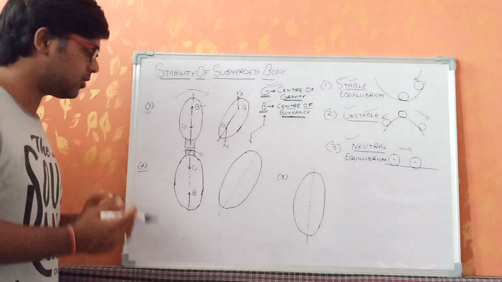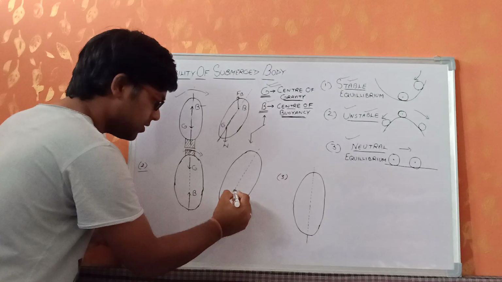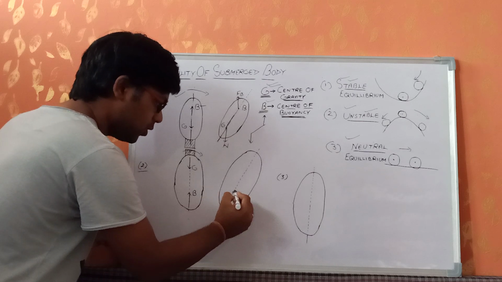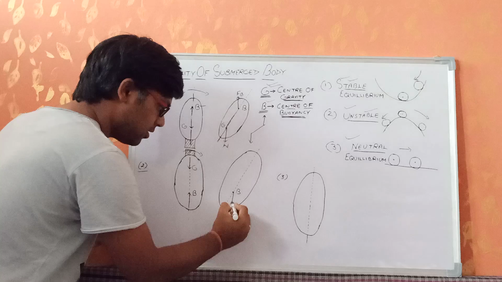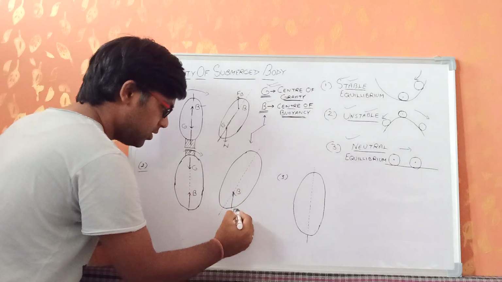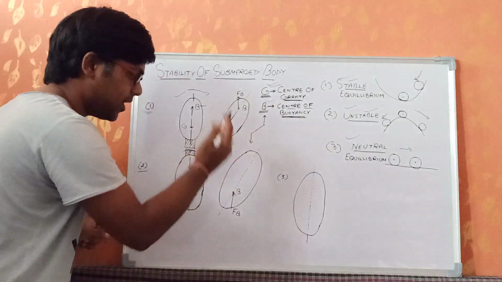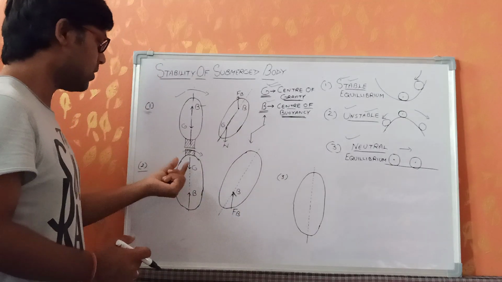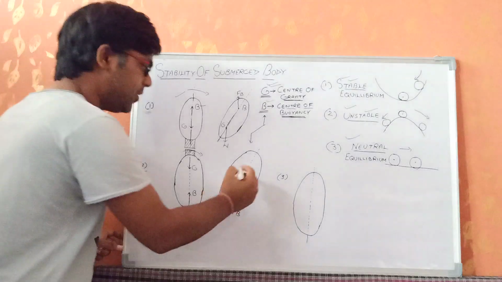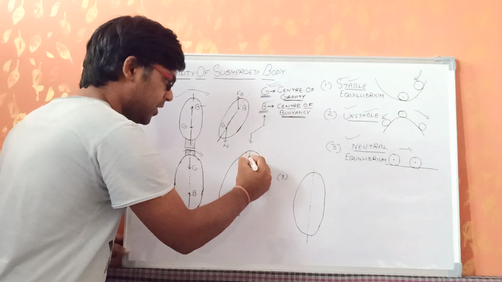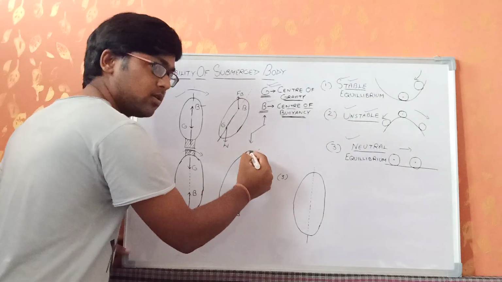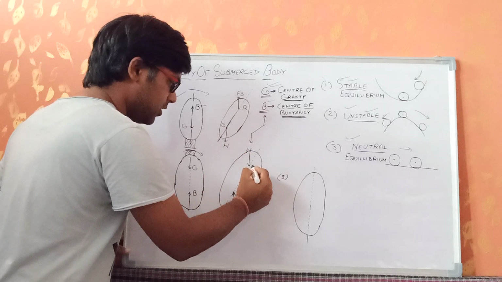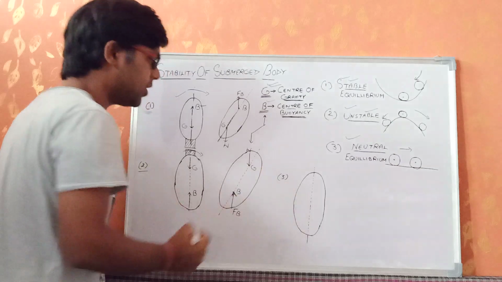now you guys can see again we are going to get a couple. So now this couple basically is given by, this is the point B, center of buoyancy. Basically it is having a force of buoyancy FB that is acting in the upward direction. As you guys know that force of buoyancy always acts in the upward direction, and this is the point G, that is center of gravity. So the weight of the body at this point, W, is acting in the downward direction.